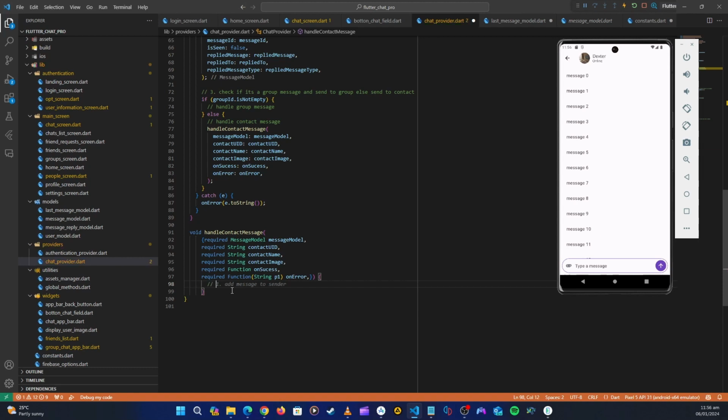So here number one, let's initialize the last message for the sender, and then also here number two, initialize last message for the contact, okay? After we do that, what we need to do is the